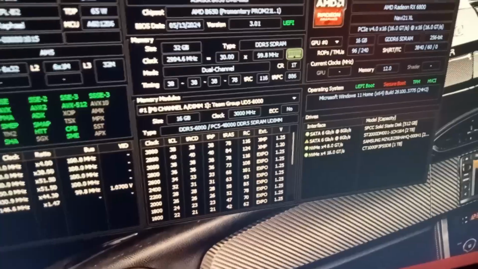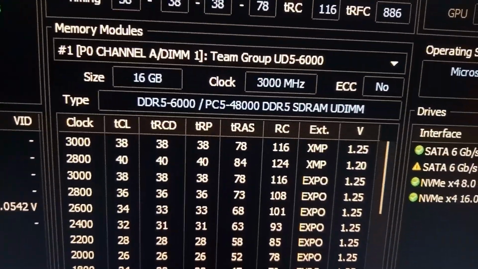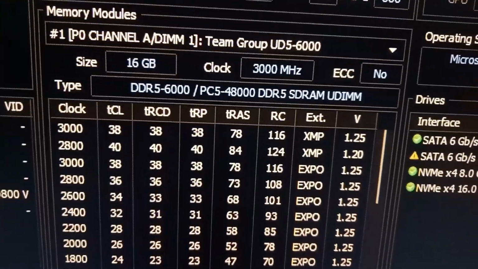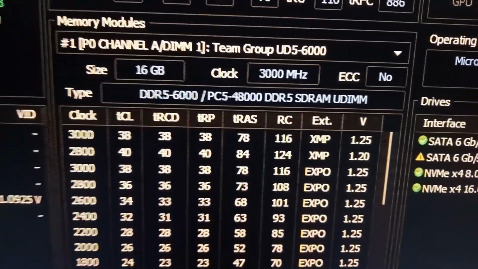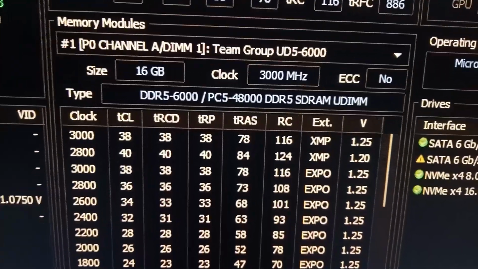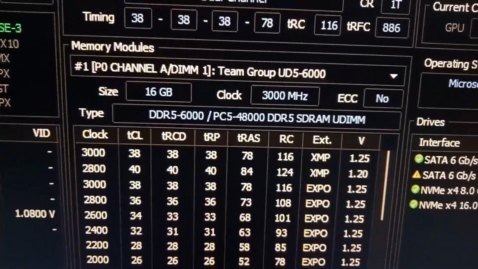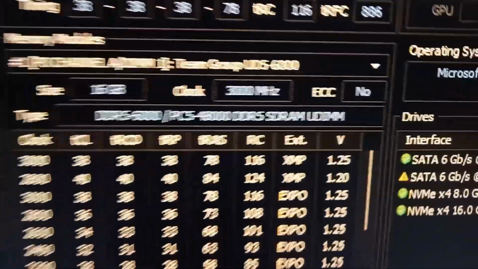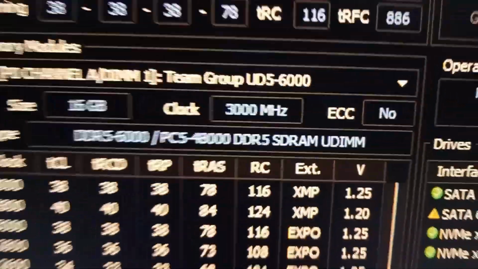That's 32 gig. Well, actually, you can see it here. So 16 gig per stick, 2 sticks. This is CL36, and then the clock speed there says 3000 megahertz. But there's one thing a lot of people get mixed up. DDR stands for, what was it? I think it's double data rate. So it's not 3000 megahertz. Whatever that says there, just double it, and that's the